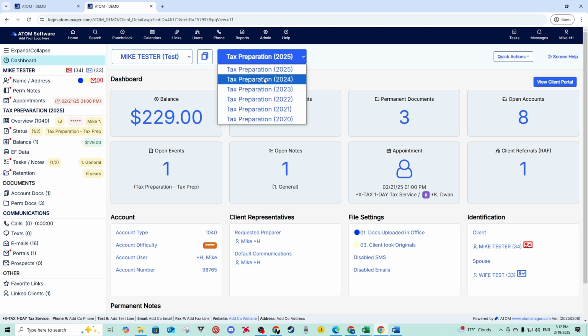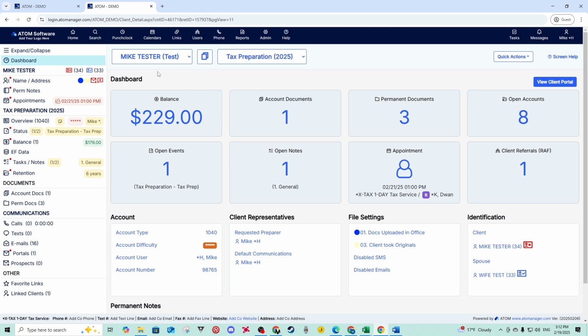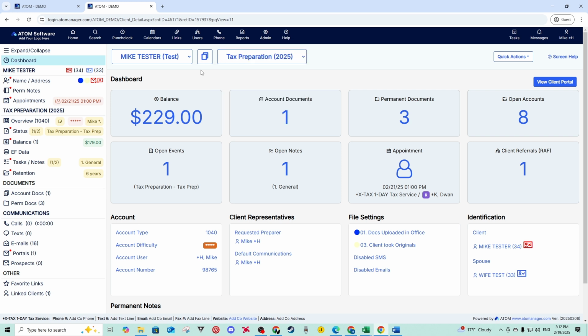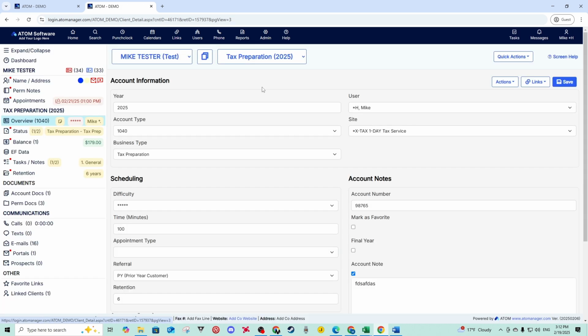So in this case, what probably happened was somebody already created the 2024 account, and then when our client came in for their appointment, somebody accidentally created the 2025 account. It's not uncommon for that to happen, and so when that does happen, in order to delete the account, you have to go to the overview section,